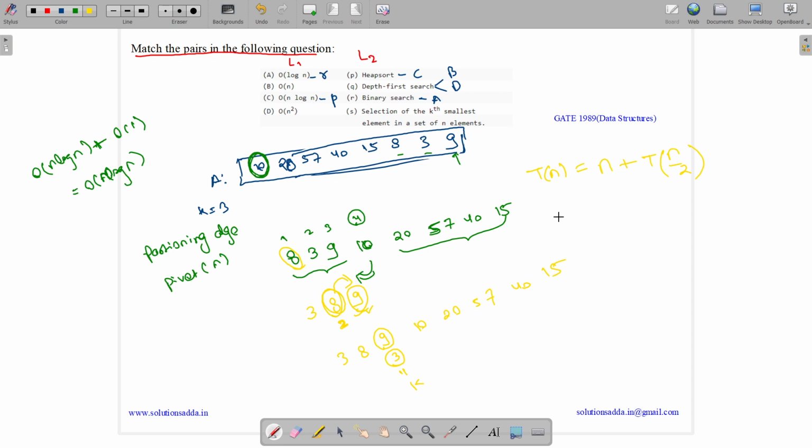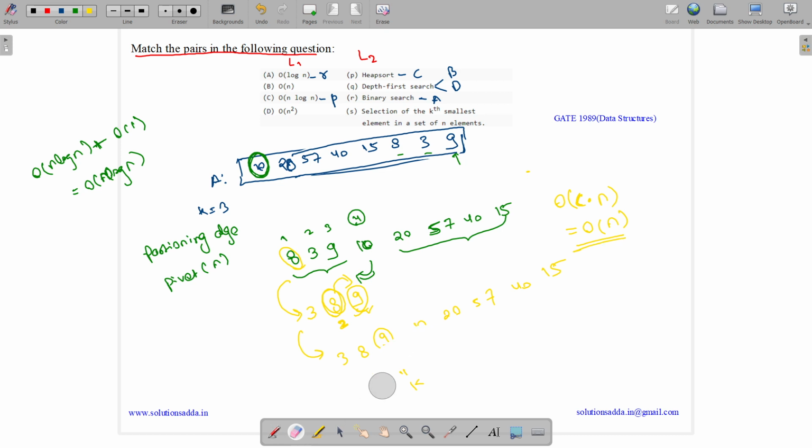But here there is a logic: we are not performing this for the entire part. The partitioning is done only for some constant time, so it will be order of n into C, which is order of n.